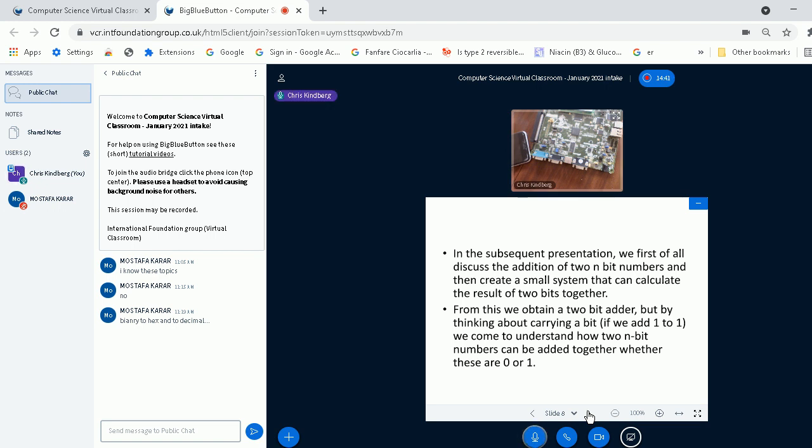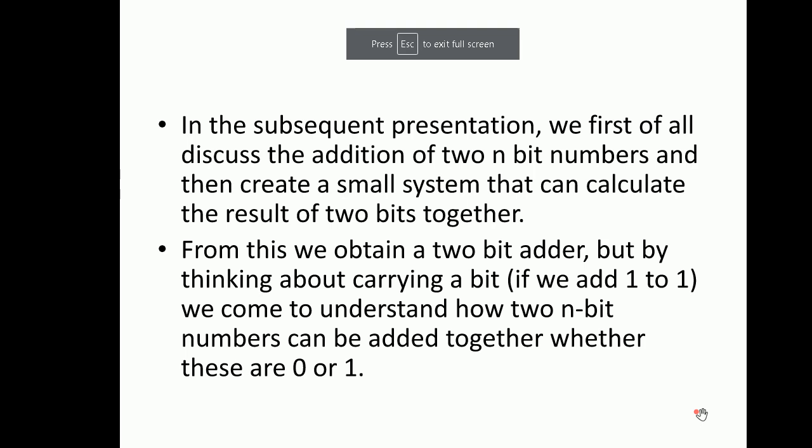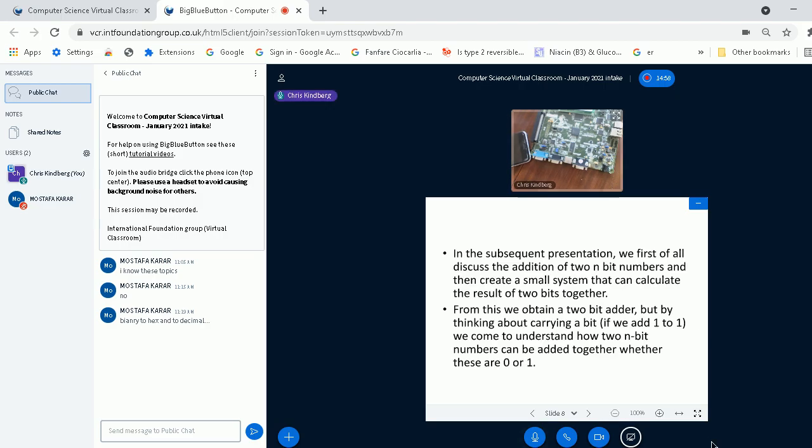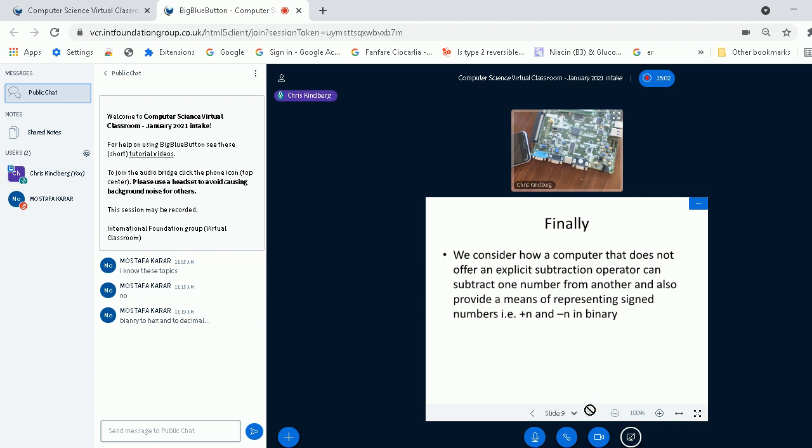And we can come to understand how two n-bit numbers can be added together, whether these are 0 or 1. So hopefully there's nothing too difficult in anything that I'm going to talk about, and hopefully it'll be of some interest. And the very last thing that we're going to do is to consider how a computer